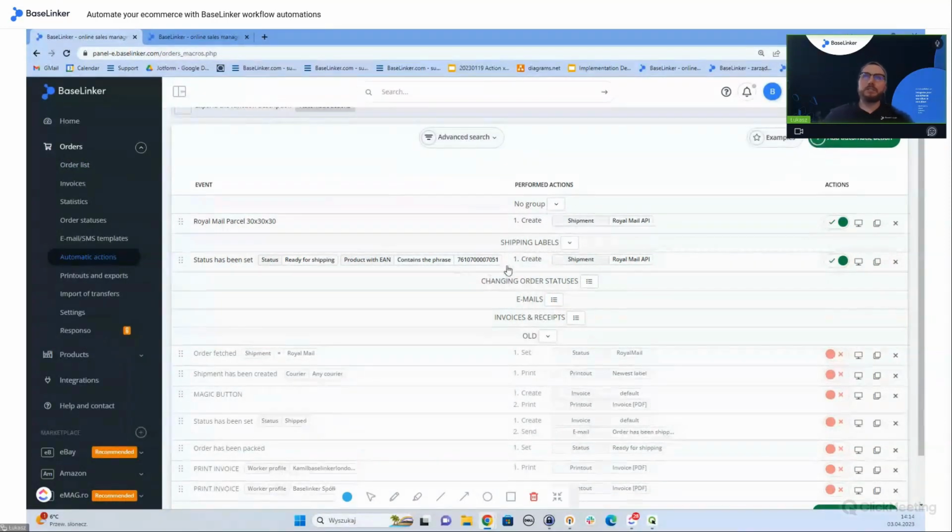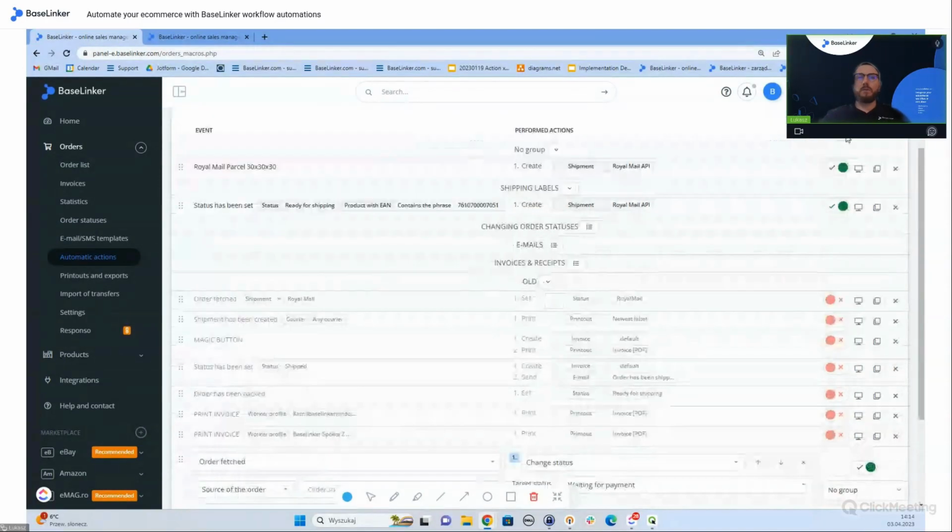You know how to create the shipping labels within the automatic actions. Let's talk about how the order is supposed to be moved with the automatic actions, so you don't have to perform everything manually, because it wouldn't be much of an automation if you had to click 1,000 different buttons to actually perform it. So let's see what different